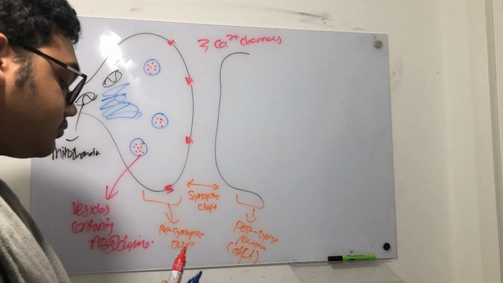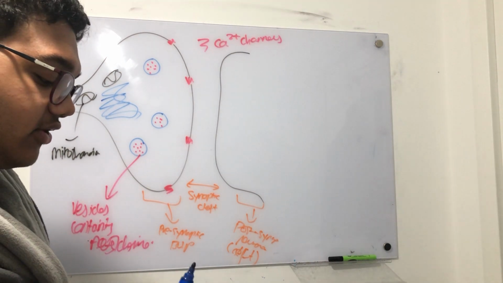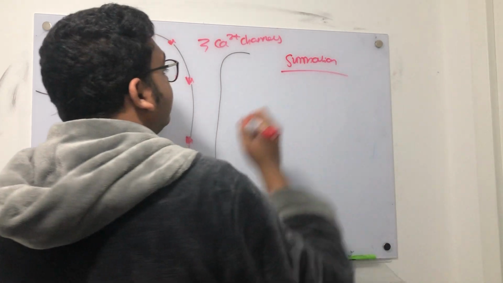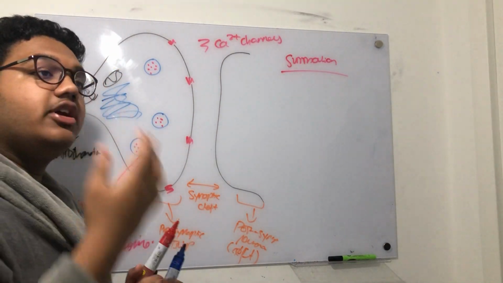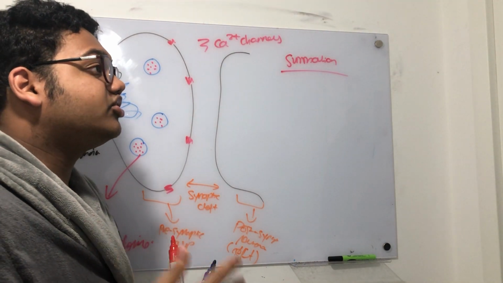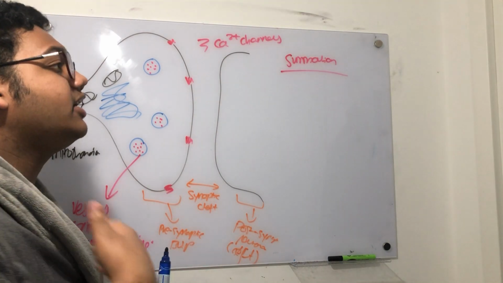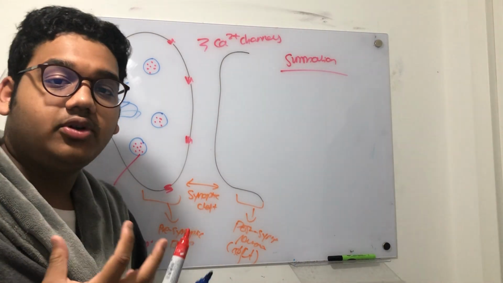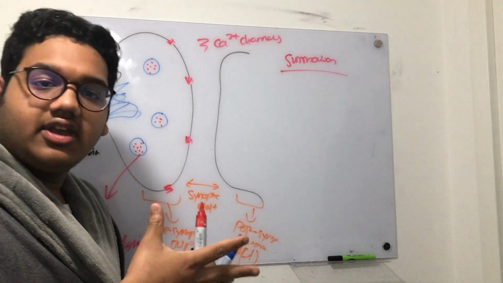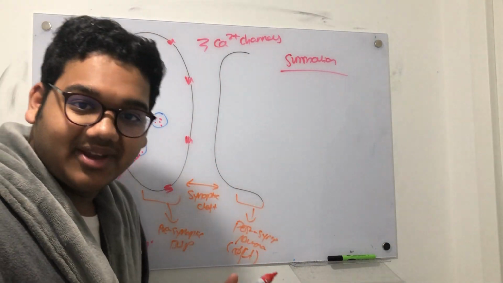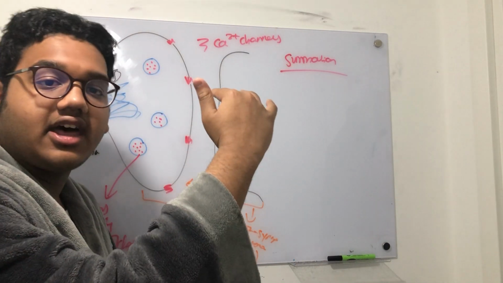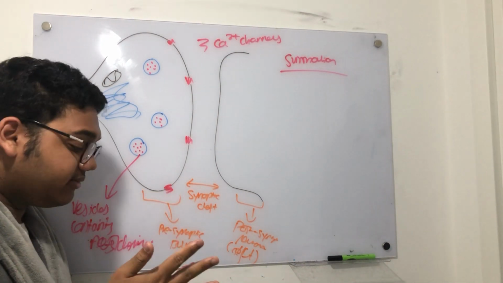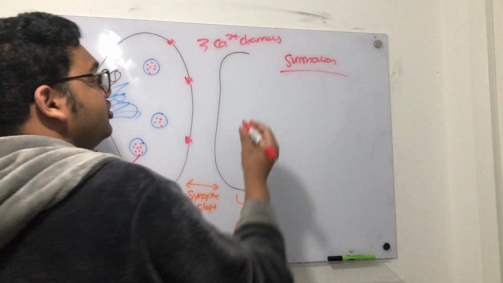We're going to go over summation quickly, so this shouldn't take too long. Summation is effectively the idea that, when we were talking about action potentials, you need to reach a threshold in order for an action potential to be released. So sometimes we can have multiple neurons sending out impulses, and those impulses can sum up, hence the name summation. They can add up, and eventually they can lead to that threshold being reached, so we can actually release an action potential now. So there are two types of summation. There's spatial summation,